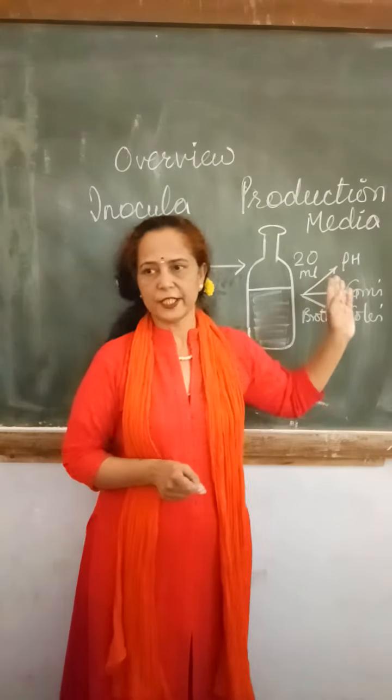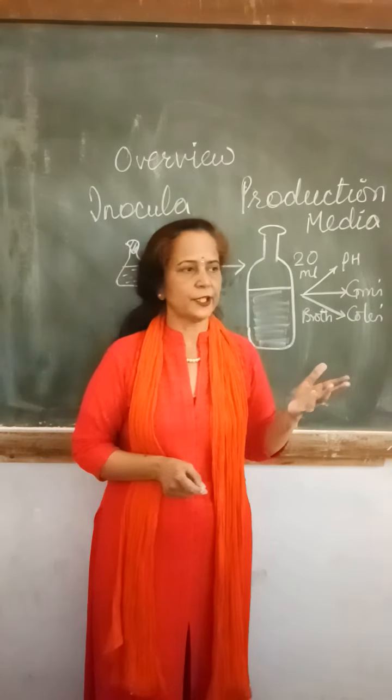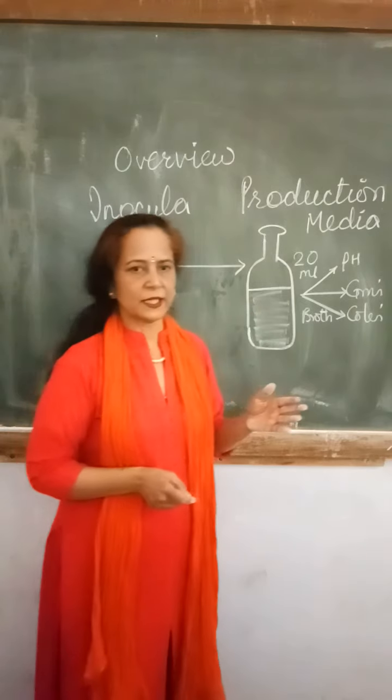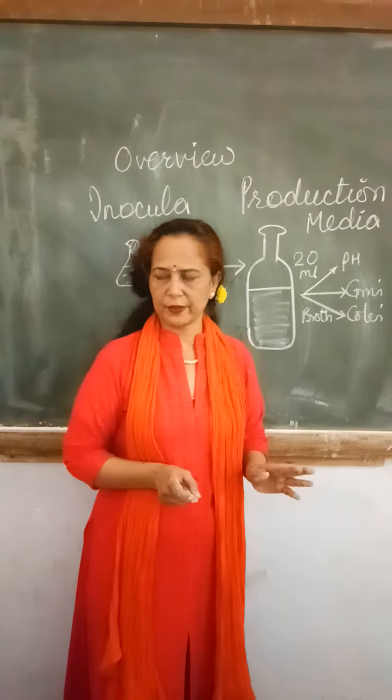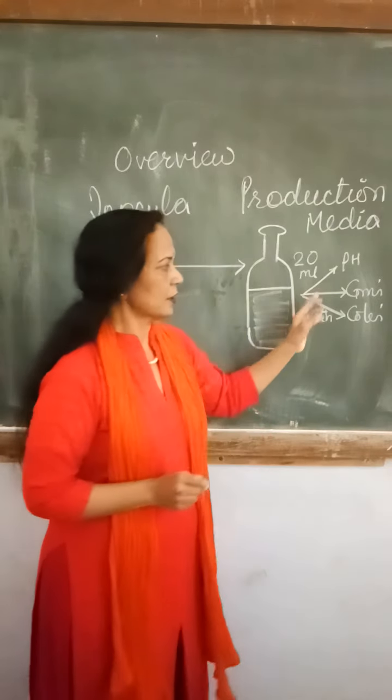After neutralization, we will dilute our sample. Why? Because here the jaggery is in too much amount, that is 80% of the jaggery we have taken in the production medium. So by Coles method, it cannot be estimated properly. So we will make dilutions of the sample, and then we will go for pulse method.